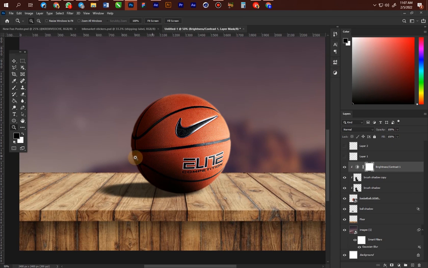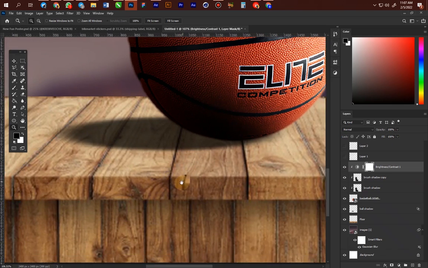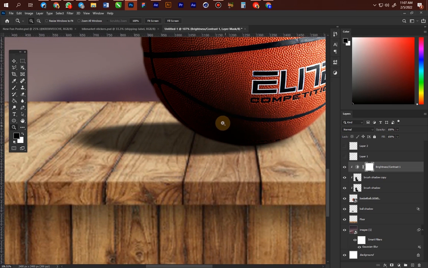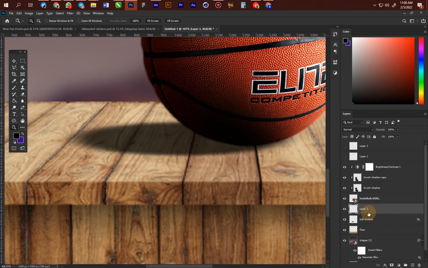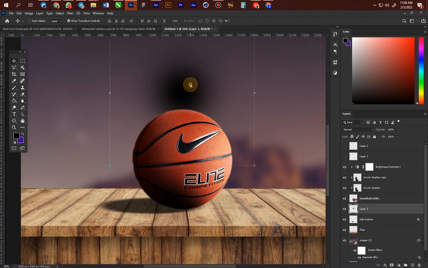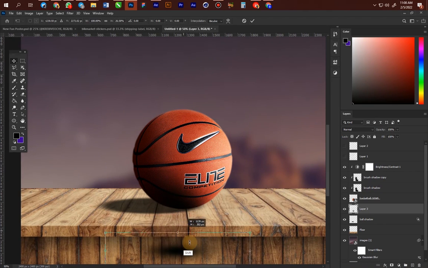Now let's work on this drop shadow here. You see our shadow here is already nice, but this one under it is not very okay. So what you do is create a new layer under the ball, paste the brush once like this and then bring it down like this, then reduce it like this,